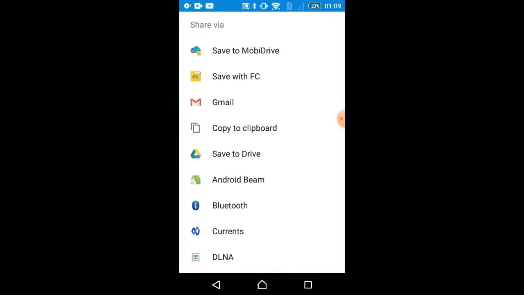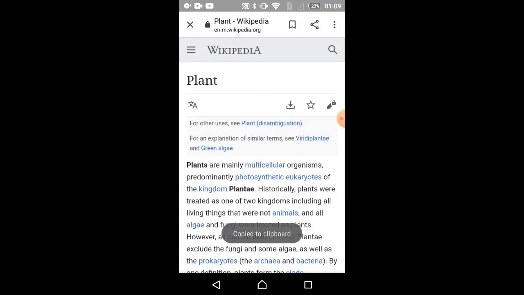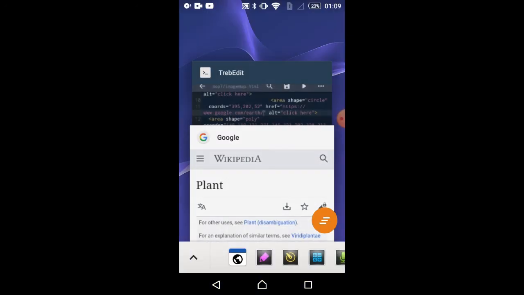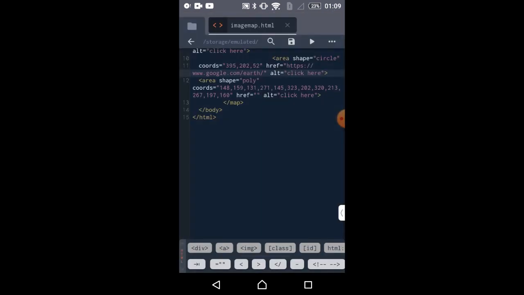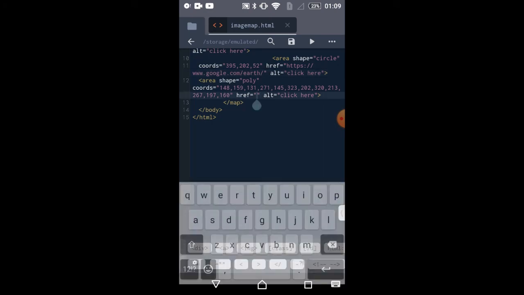Again click on share, again copy to clipboard. It is copied. Just go back and paste it in the href of the polygon shape.